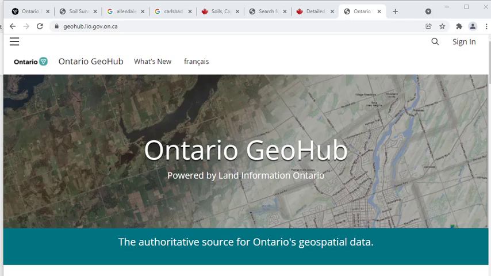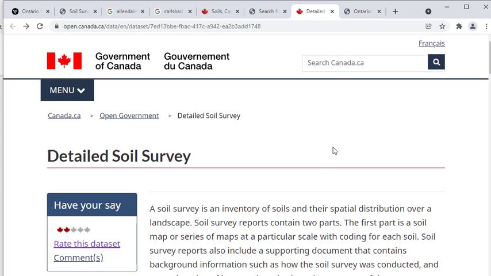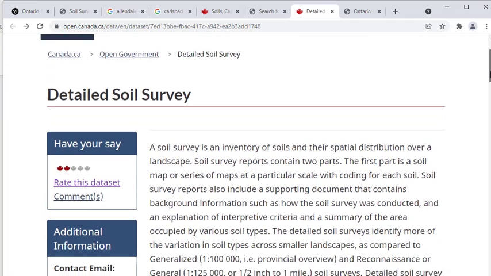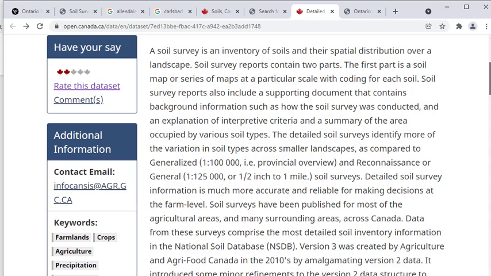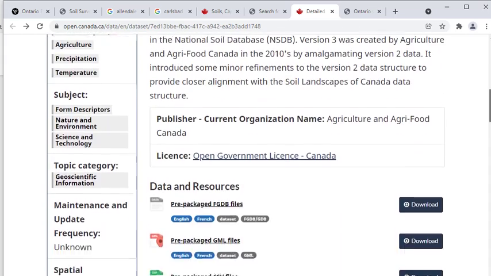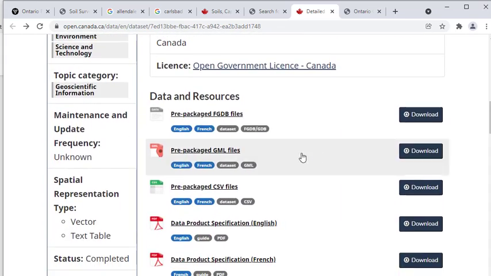When I was trying to look for soil data, I first started with the federal government data source, but their specific detailed soil survey has some glitch to it. So the GML file or the FGDP file is not working out. Maybe it is something to do with QGIS and the type of projection they are using.